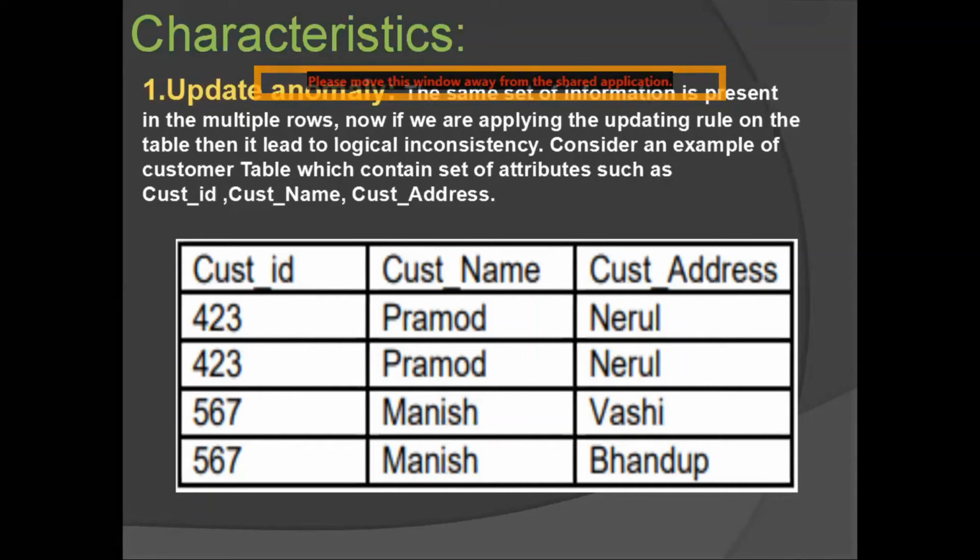Okay, so you have an issue at times when you are updating your particular table, that you have to update the address of the user multiple times, in multiple rows. You as a user may feel it just happened in a fraction of a second, but it is double work for your database. So it is a bit complex for it to work again and again. Okay, so that's your one form of anomaly.